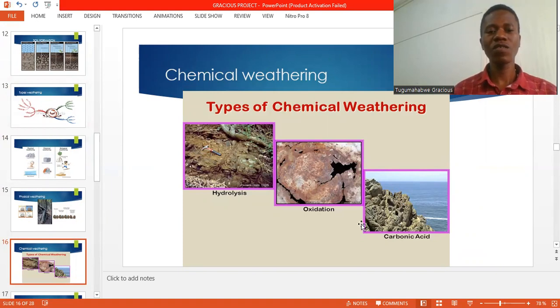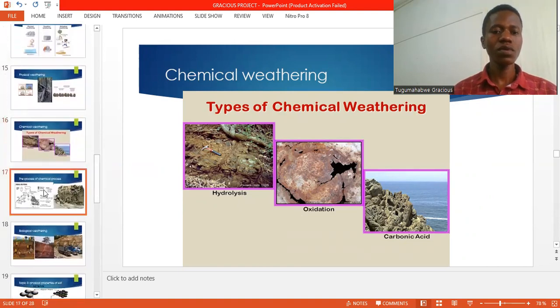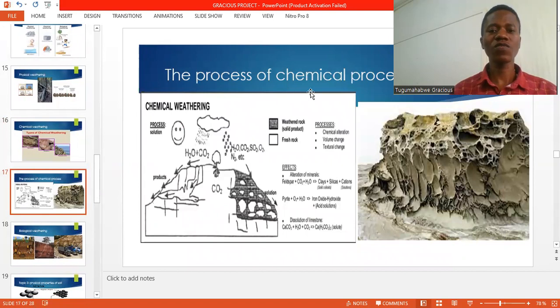You can see the diagrams, you can bring them to explain the different types of chemical weathering, which are here, so that they understand basically what the oxidation, hydrolysis, and carbonation look like. Also, we have the process of chemical weathering. I can bring this one when explaining how chemical weathering takes place, and this is its image or its picture